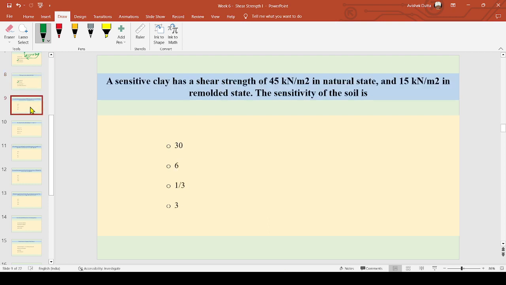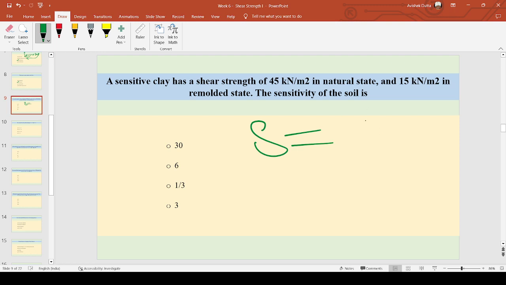A sensitive clay has a shear strength of 45 kilonewton per meter square in natural state and 15 kilonewton per meter square in demolded state. The sensitivity of the soil is. So in this case, sensitivity,